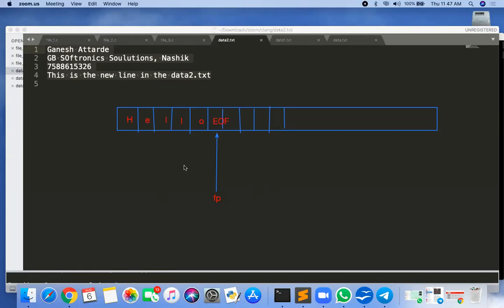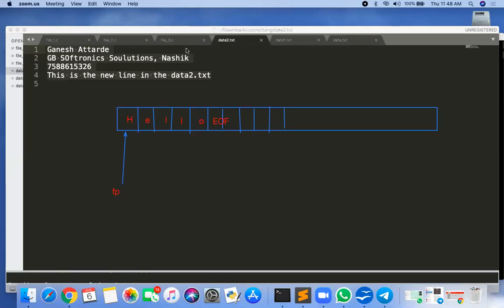But when you open the file in read mode or write mode, first we'll see write mode. When you open the file in write mode, your FP is present at the first character. This is my FP. FP is placed at the first character of your file when you open it.